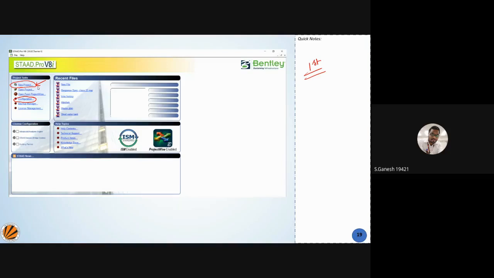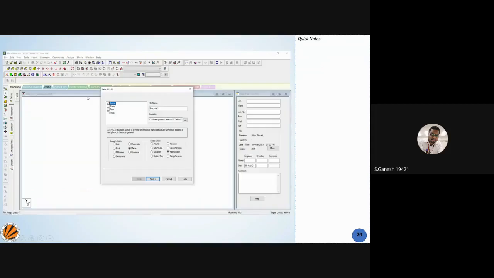A few students are new to STAAD Pro, and a few may already be familiar with the window. So just for the newcomers learning STAAD Pro for the first time, click on new projects. Once you click on new project, you get this window. You can see 4 categories of things: space, plane, floor, truss.